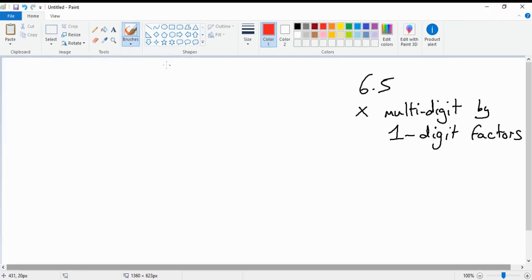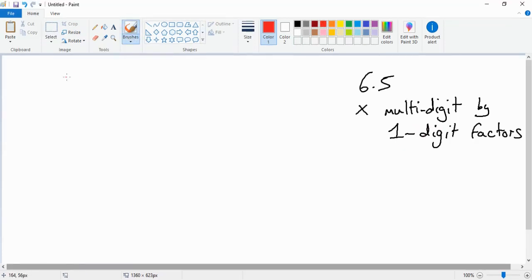6.5, multiply multi-digit by one-digit factors. So let's say you had 2 times 365 and we wanted to multiply that. Now, you might see in your book options like this,